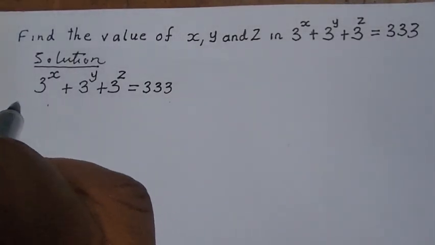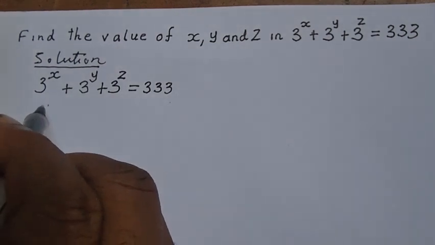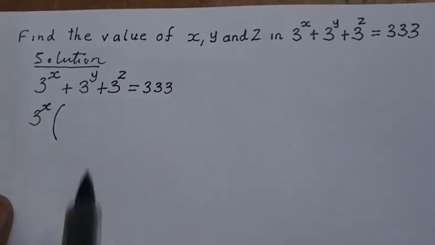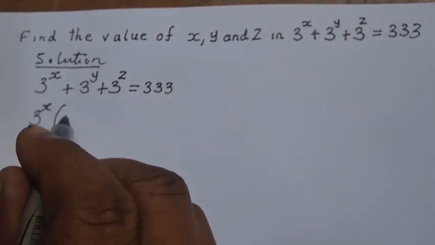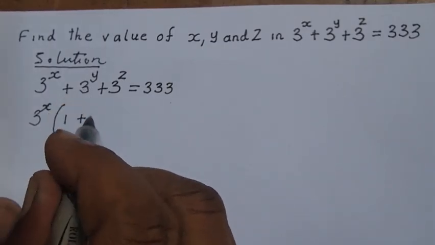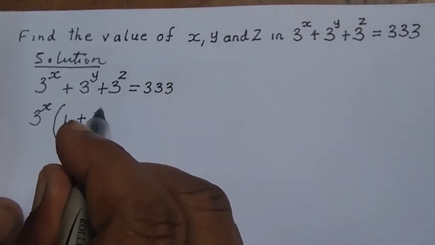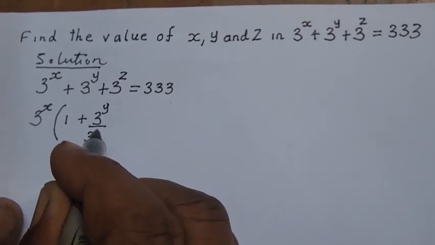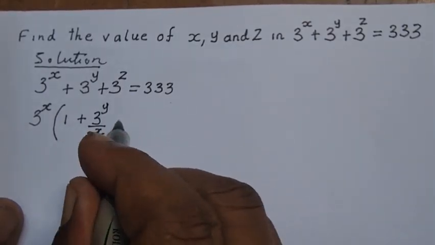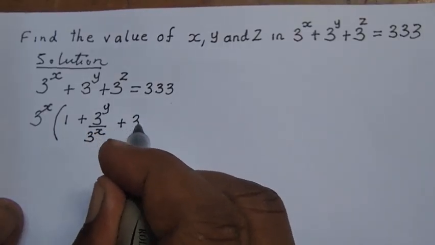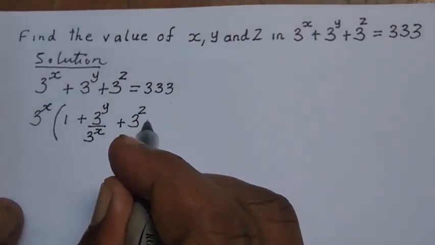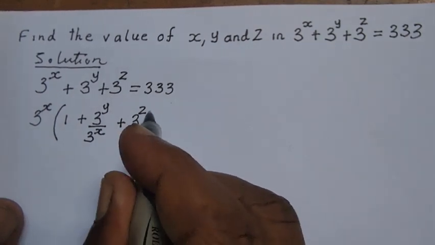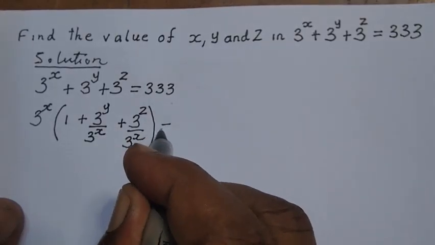So here we have 3 raised to power x comes outside, then here we remain with 1, here we remain with 3 power y over 3 power x plus 3 power z over 3 power x in the bracket equals to